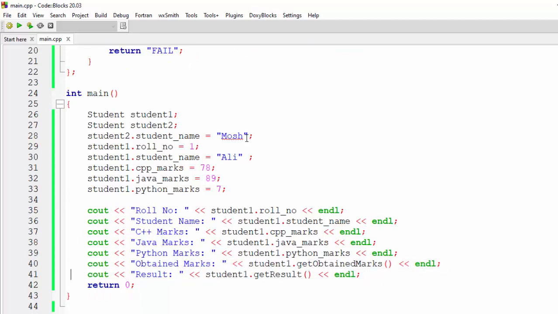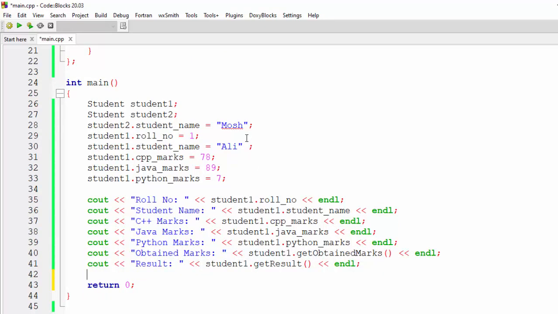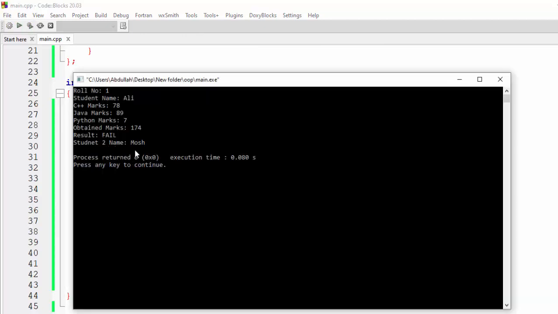So I will print student 2 at the end. Here you can say student 2 name, and here we will call student2.studentName. If I run this code, at the end you will see student 2 name is Mosh.